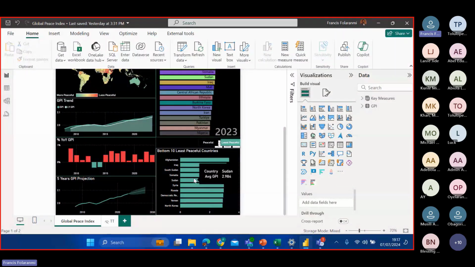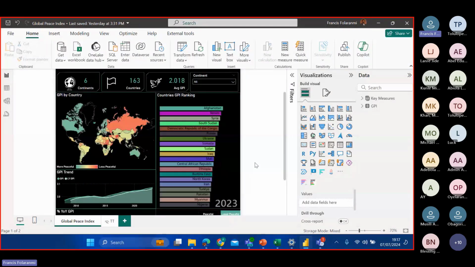And we also have a tooltip where you have the GPI per country, and also the map of that country. This is Canada, for example. Because I'm a good Nigerian, I have to show my country also. We have Nigeria and all of that. So you can create this and have it published into your workspace. And because you are connecting to your semantic link, that removes duplicating your dataset within your Fabric environment.